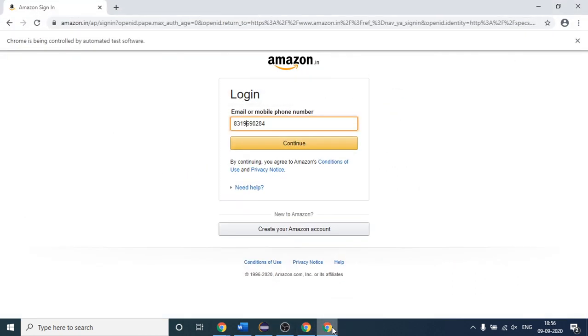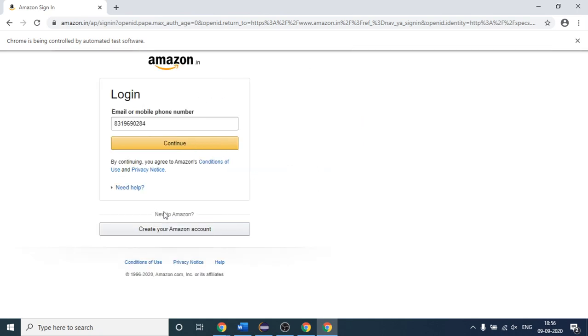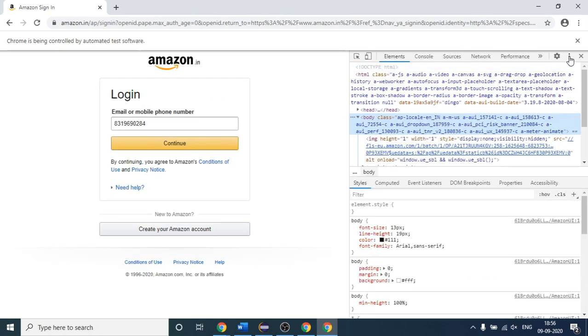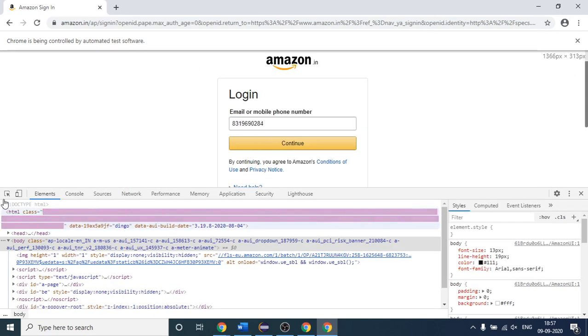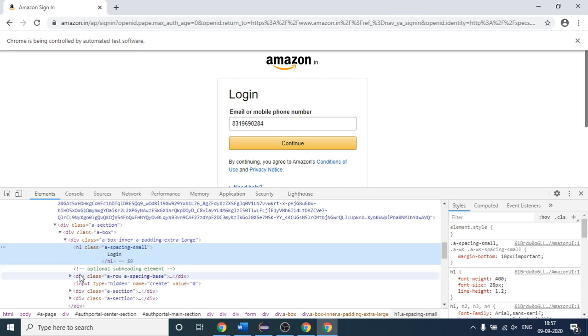Earlier, with the help of the get text method, I fetched that login button. If I click this, you can see the text at the bottom of my screen, the highlighted line. The text login is present here. So the get text method gives you the text which you want to grab.